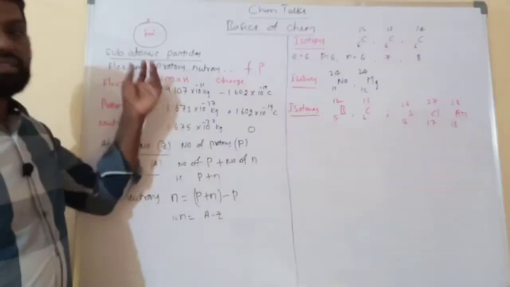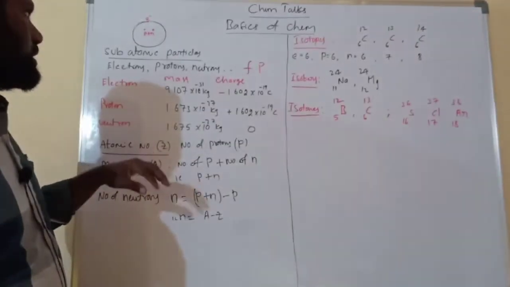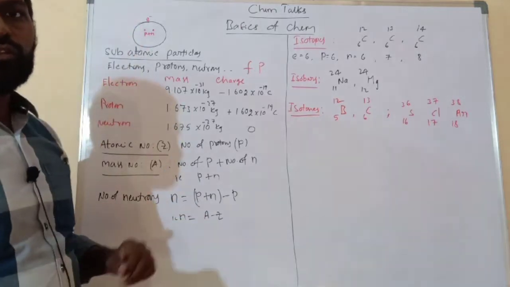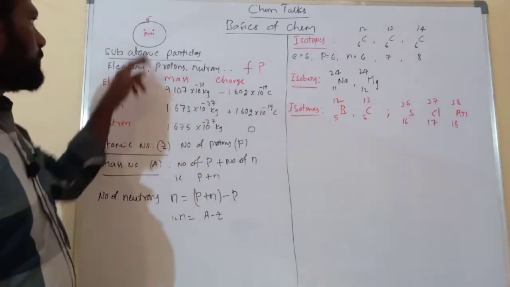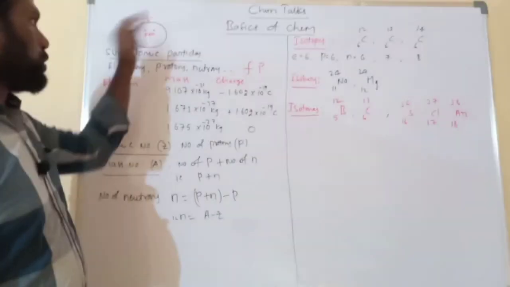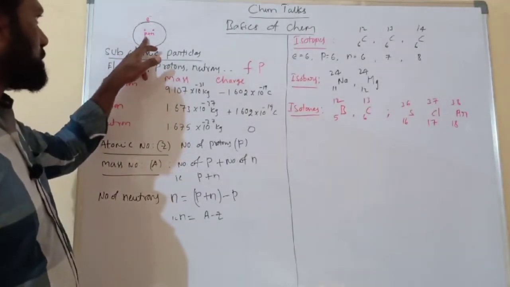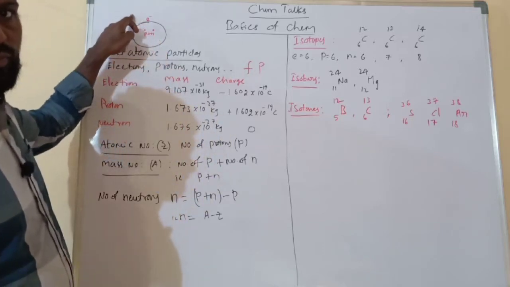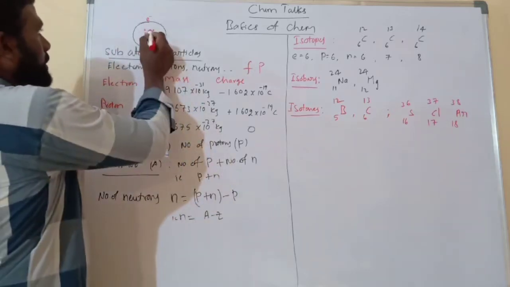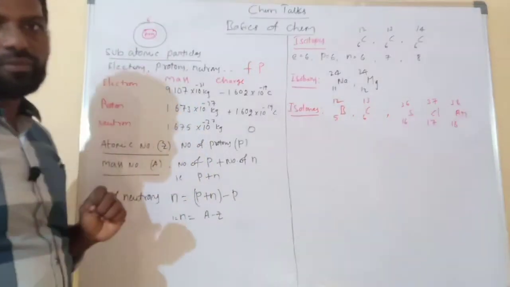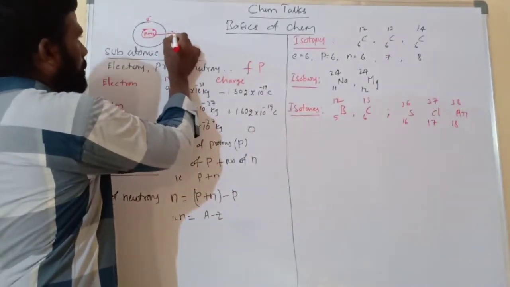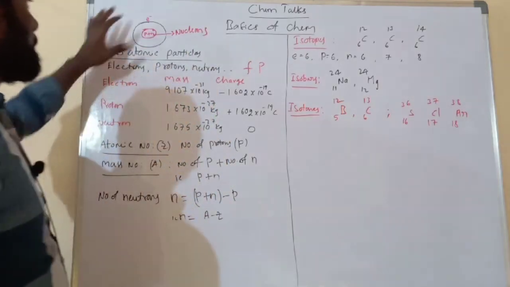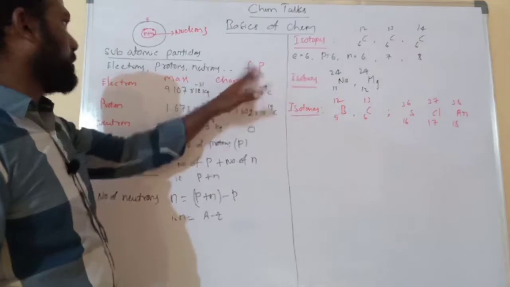In lower classes, that is in 9th and 10th classes, you might have studied the structure of atom. You know that atom consists of fundamental particles, particularly protons, neutrons and electrons. Protons are positively charged, neutrons have no charge, electrons have negative charge. Protons and neutrons are located at the center of the atom called nucleus, and protons and neutrons are collectively called as nucleons. These particles are called subatomic particles or fundamental particles.